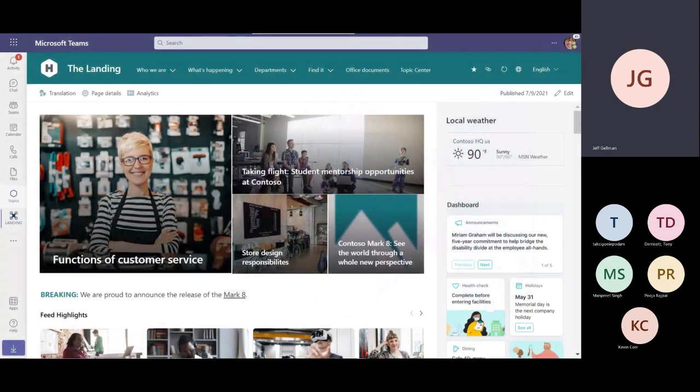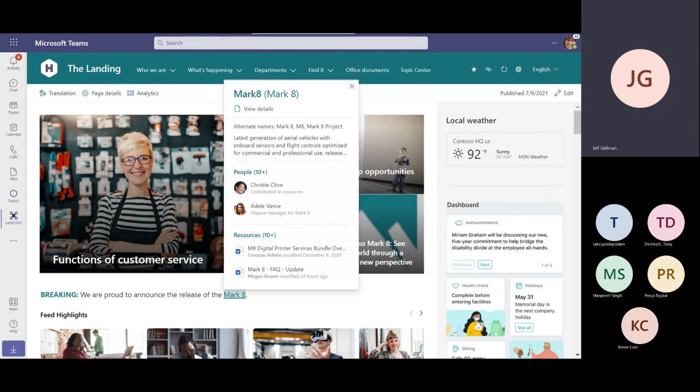So this is our Viva Connections homepage, and I can see a familiar topic highlight. When I hover over it, you can see Mark 8 there at the bottom. I can see the topic card for Mark 8. The topic card gives me the context I need with definitions, alternate names, experts, and resources that I can go to